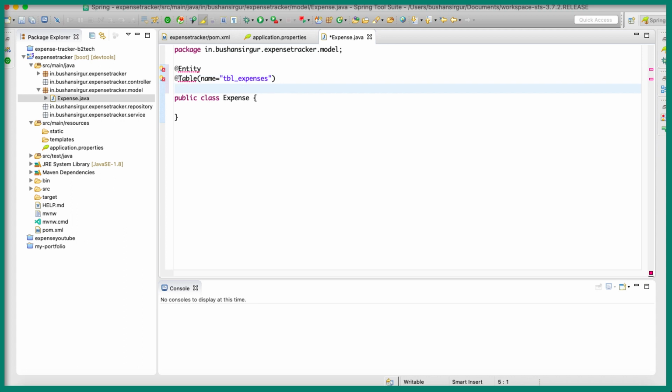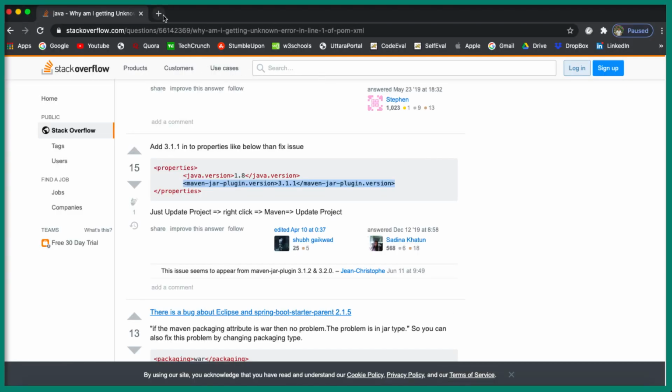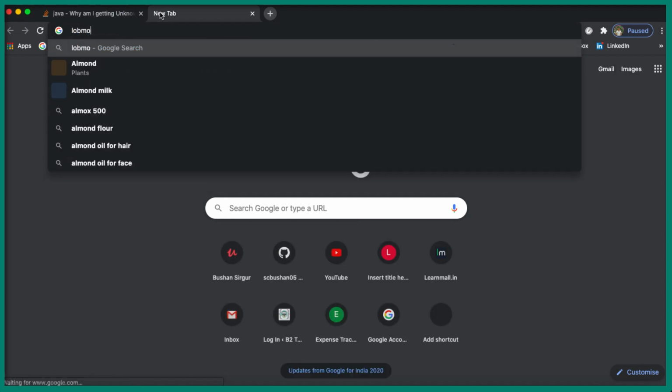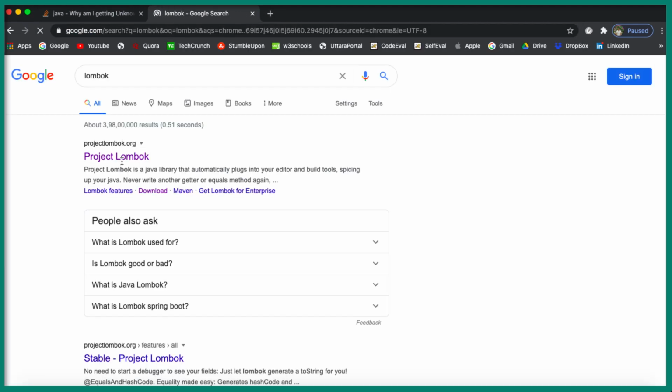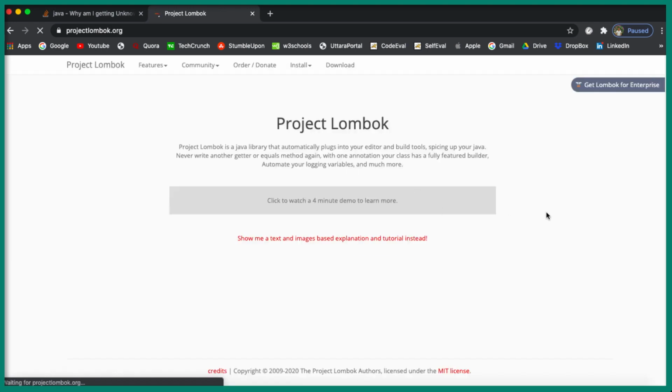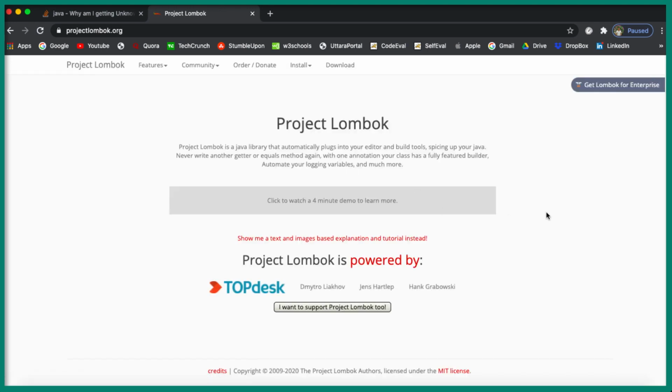I'm also going to use a few Lombok annotations. By the way, Lombok is a Java library. Let me open up the official website. Basically this library helps us to avoid all the boilerplate code.